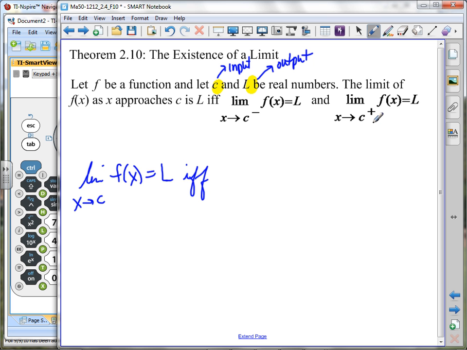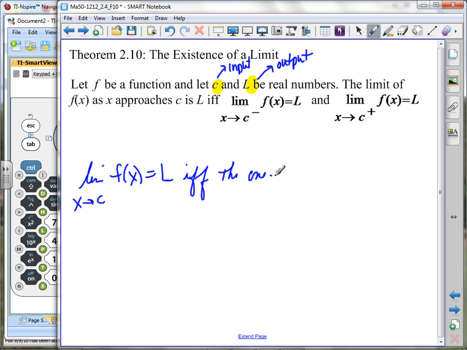Don't say positive, but say greater than, because if we're in negative values, you have to be careful with that then. Okay? But the greater than side, then the outputs are also going to L. Have we talked about this in class before this theorem came up? The limit only exists if the one-sided limits are the same. Okay? If and only if